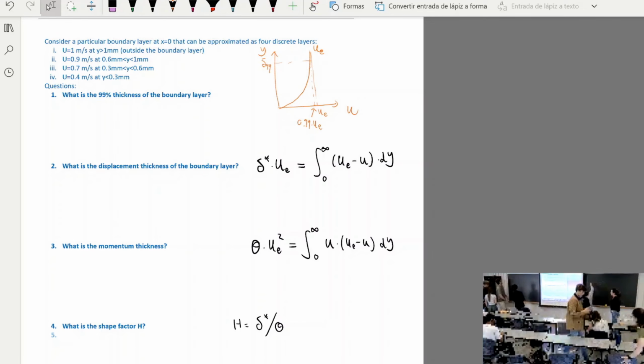Professor, why is it y versus u instead of u versus y? Would your velocity depend on how far away you are from the surface of your body? No. Y is usually the axis like that, and u is this axis. Isn't y the independent variable in this case? Yeah, y is the independent variable in this case, but we are usually drawing it such that we have a wall